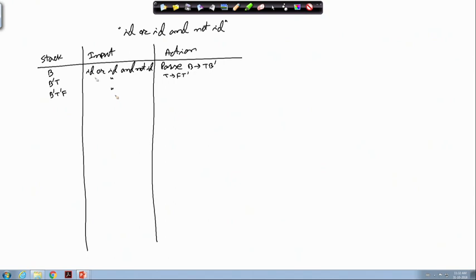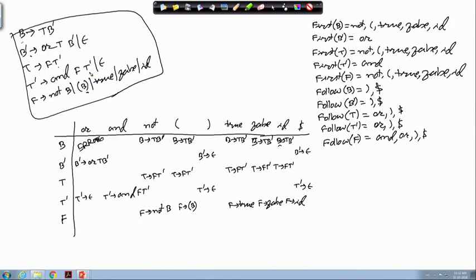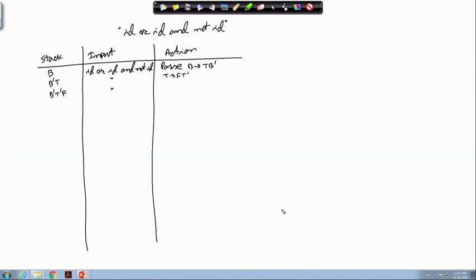Now the stack top is F, and the input symbol is ID. F, ID says that you go by F producing ID, and as a result it will be B dash, T dash, ID. These two IDs will now match, so naturally the corresponding action is advance input pointer.